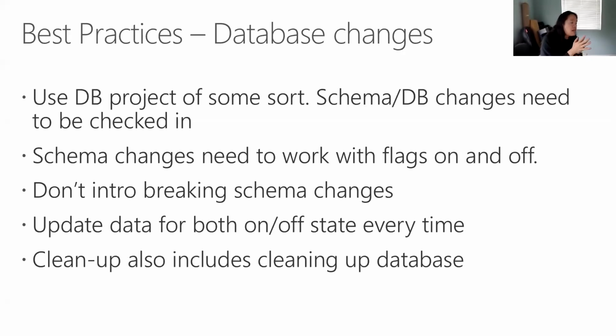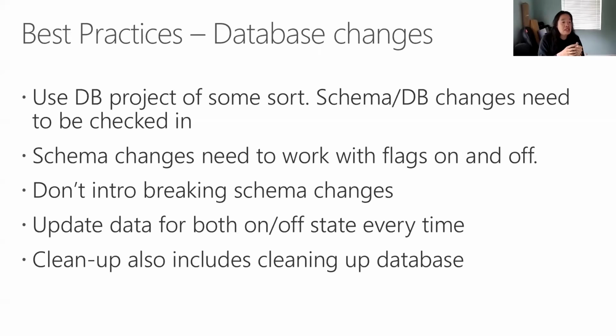All right. The next thing that you need to do is you need to make sure that whatever schema changes you make for a specific feature, the changes need to work with both the flags on and with the flags off as well. Because remember, at runtime, you can turn these flags on and off. So what that means is if I can turn this flag on or off at will, I can't introduce breaking changes to my schema, right? So for instance, if I delete a column, I can't really delete that column until I'm ready to retire this flag, right? Because I potentially can turn the flag off.